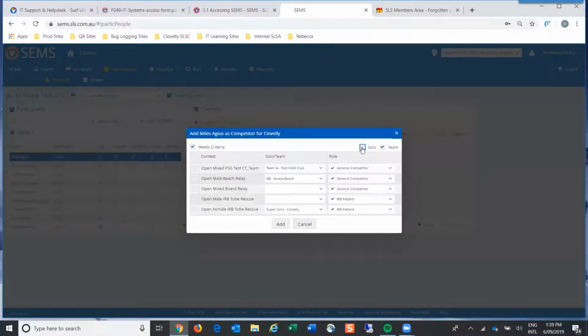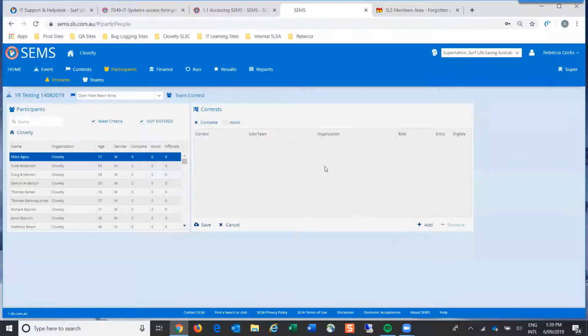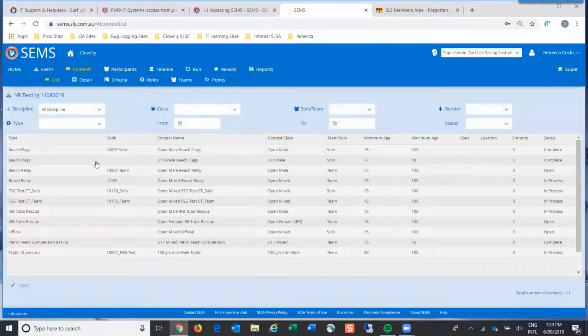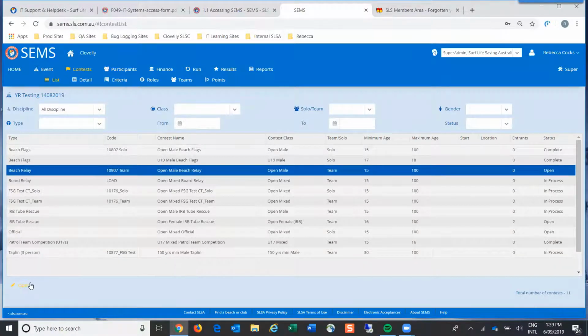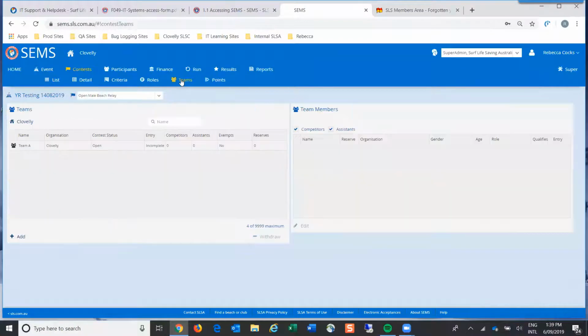We can turn it off so we only see teams. Okay, so the team thing hasn't picked up that I've created the team yet. But that's the easiest way really, to go through and add them either as a solo, a team event, open the actual event, teams, and add them this way. So that's our teams and our solo contests.